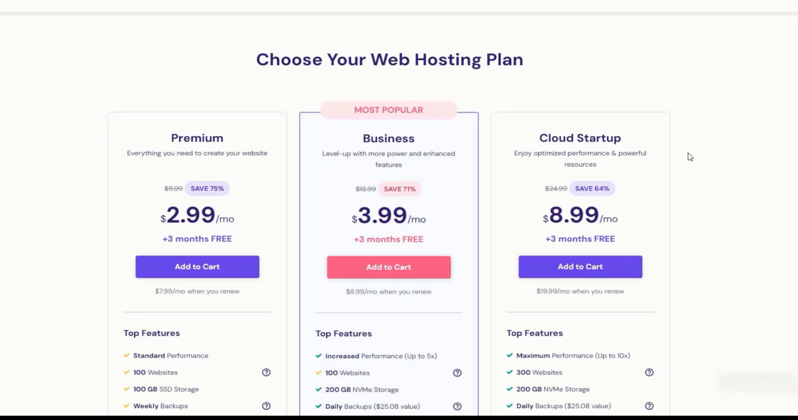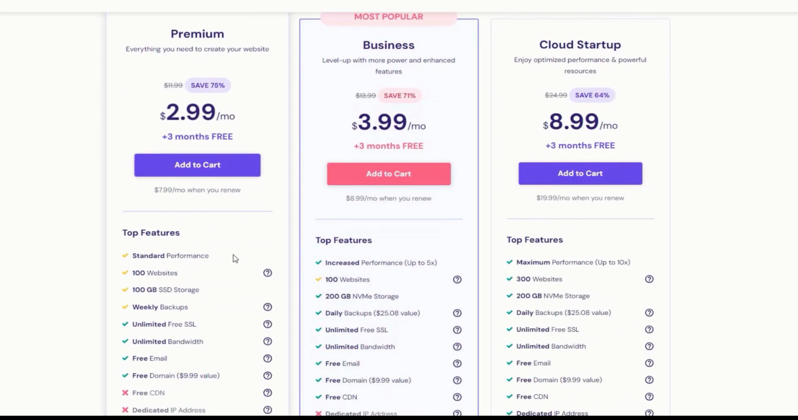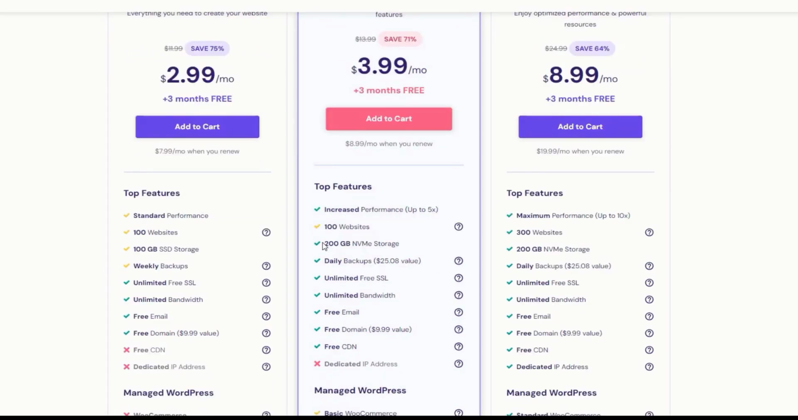With both of these plans, you can create up to 100 websites. For example, today you're creating a portfolio website, tomorrow you want to create a business website, and next week you want to create an e-commerce website, so you don't need to purchase hosting each time. So here, with this premium plan, you'll get 100 GB of SSD storage. With the business plan, you get 200 GB of NVMe storage, and with any of these plans, you'll get all